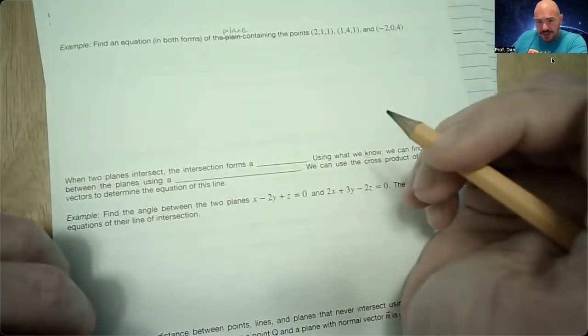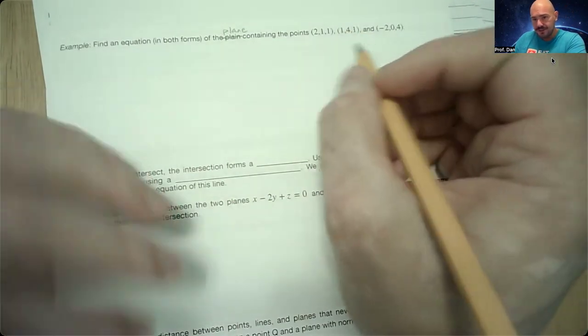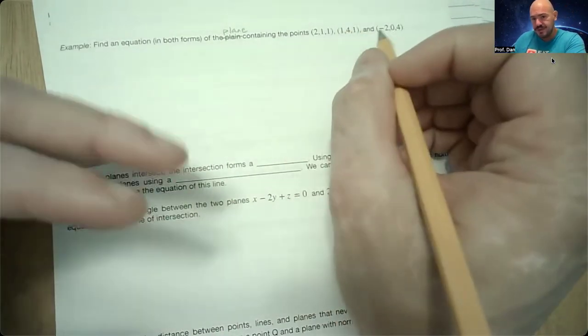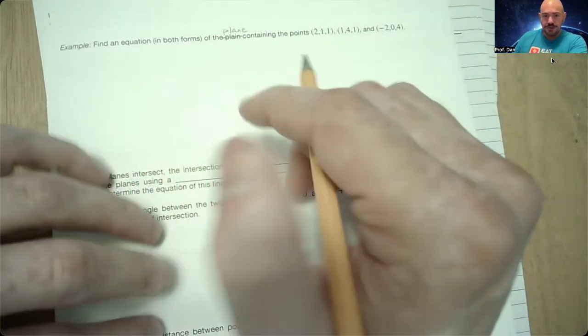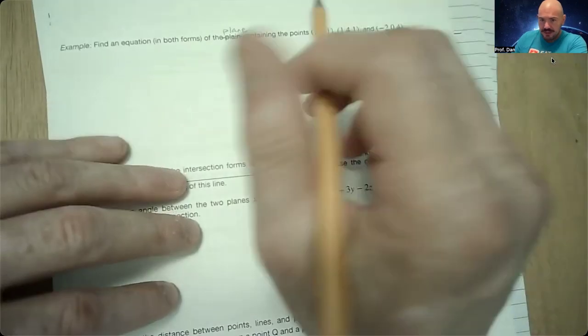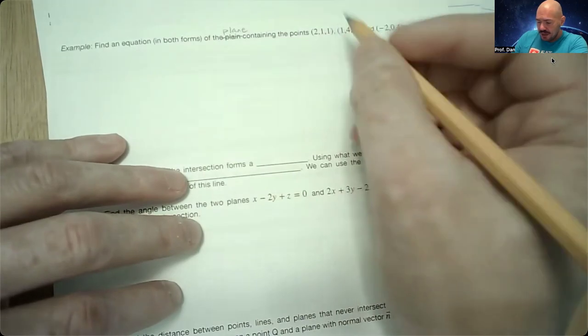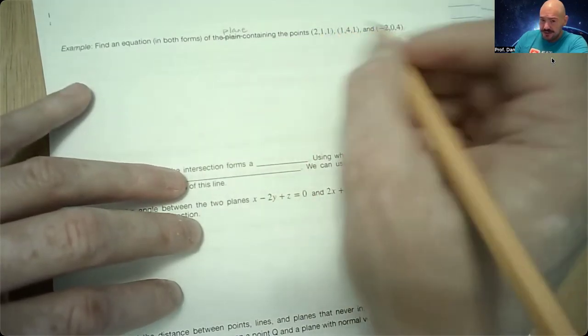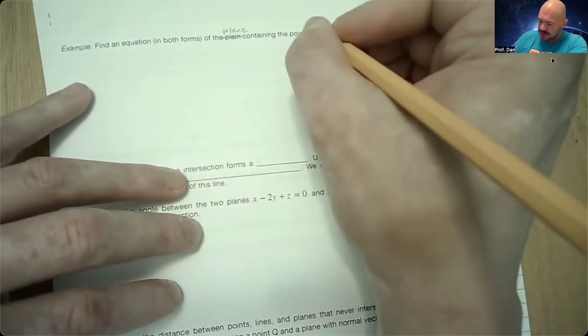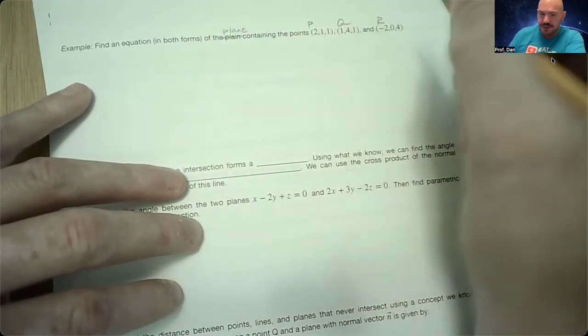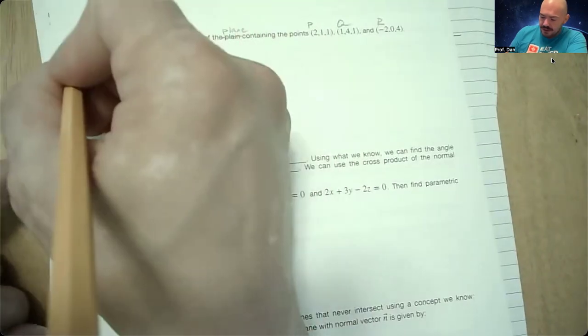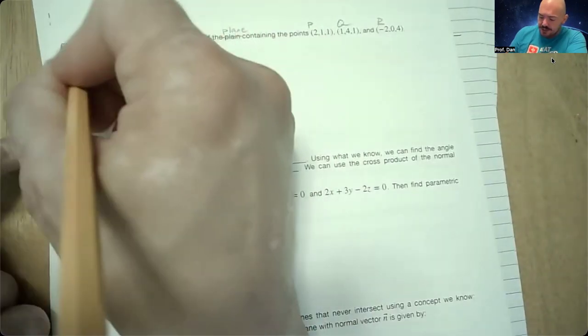We need to know a point on the plane. We already know 3, so we can pick any of these 3 points to use. But we also need to know a vector that is normal to this plane, meaning that we need to do the cross product of 2 vectors. I can actually make 2 vectors from 3 points. So let's say that we call this one point P, we'll call this one Q, and we'll call this one R. Okay, I can have the vector PQ